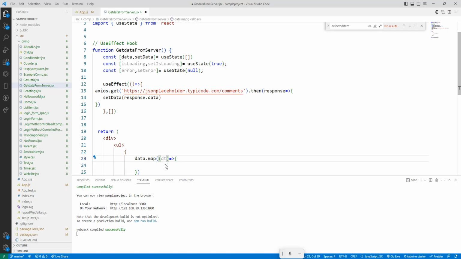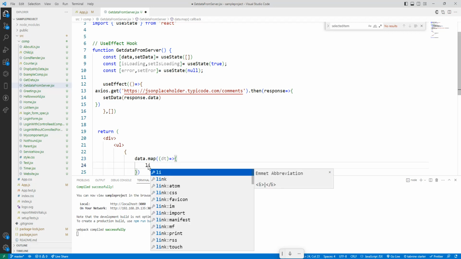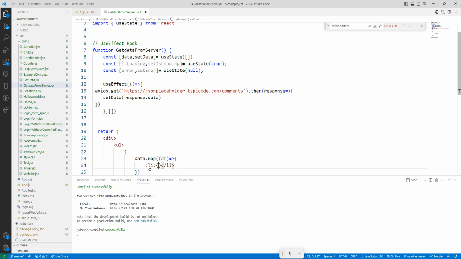I will take dt, as we did where we defined the previous data, Rakesh. So I am taking dt as a private, temporary variable. Here I will do li with open and close flower brackets